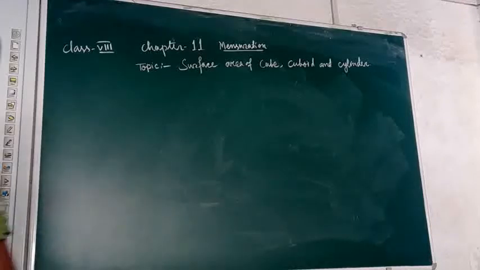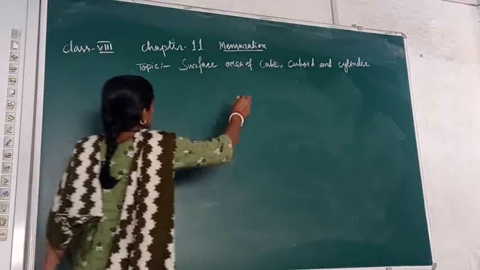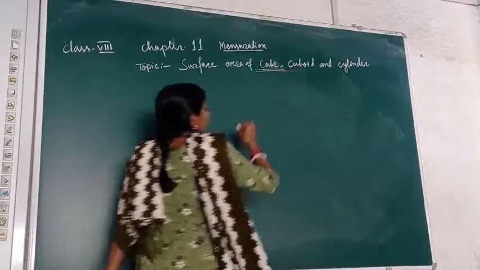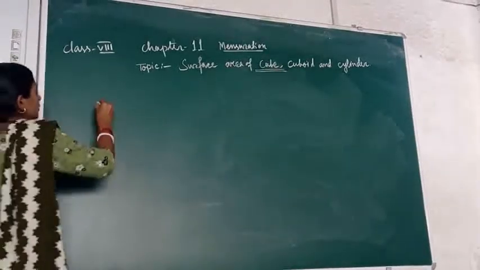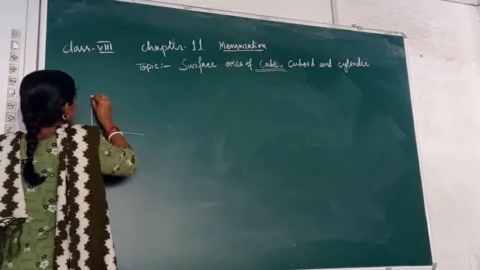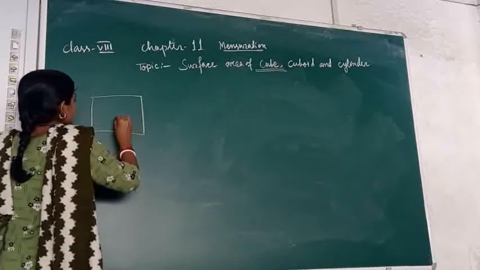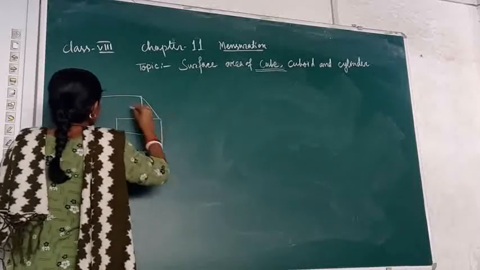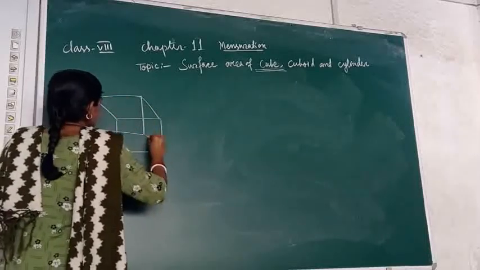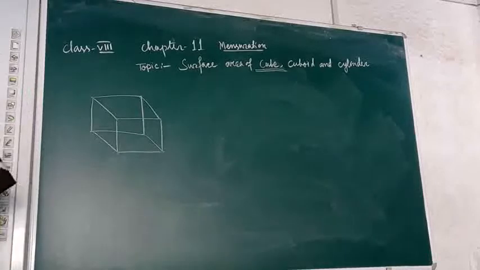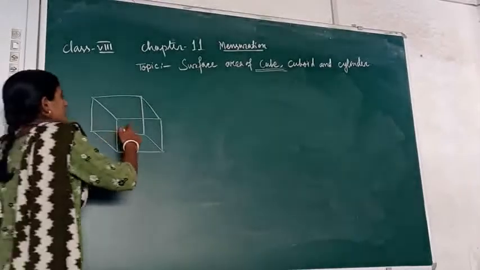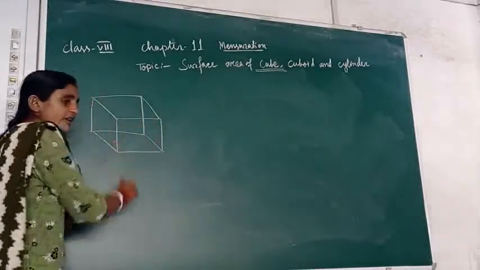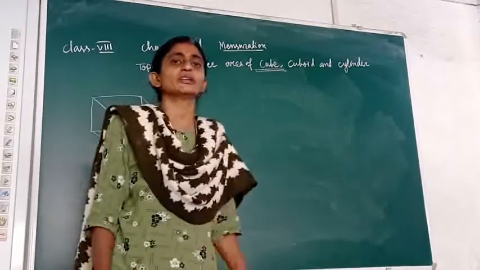Okay, so let's go for one example. If I am talking about the first thing, that is the cube, we are discussing here. For a cube, how many faces are you getting? Yes, you know, it is made up of squares only. How many squares are there? Let's see. Now tell me how many squares you are getting here. Total we are getting 6 squares, all the sides and with the sides, the top and the bottom.